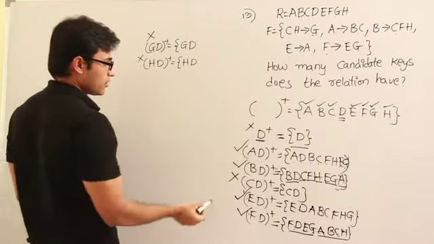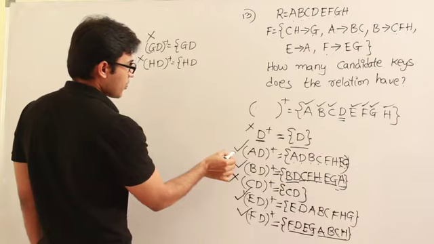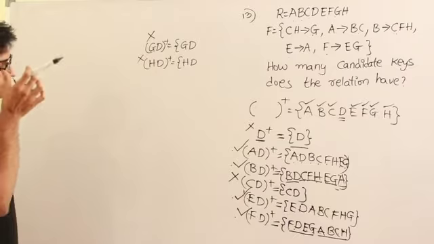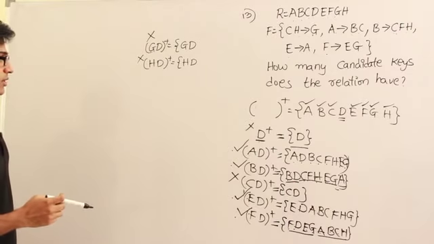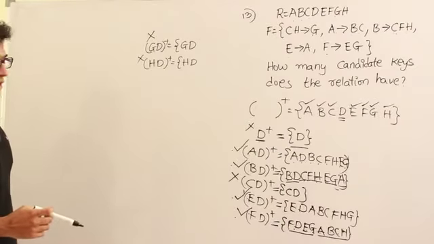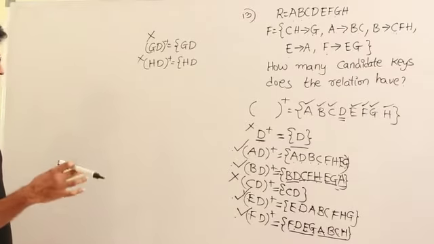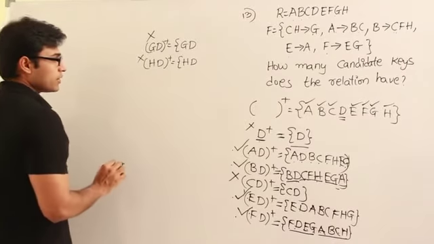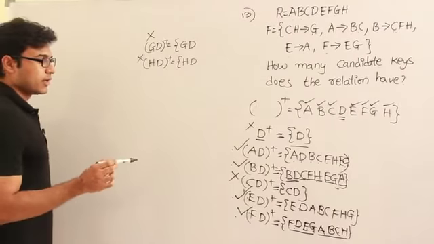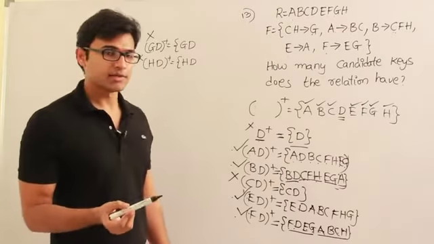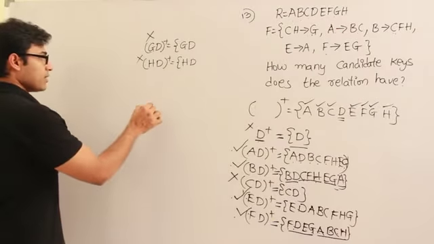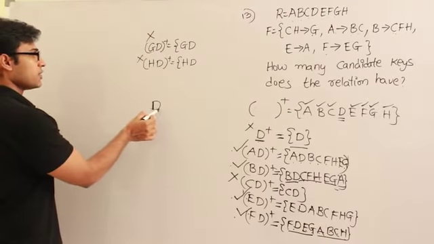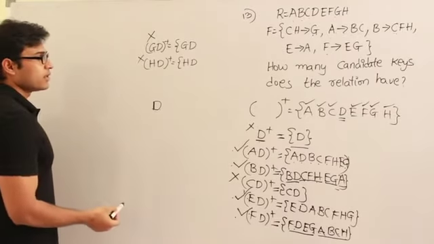Fine. So how many candidate keys did we get here? 1 2 3 4, right? So can I directly say that the number of candidate keys possible are these four only? I'll not be able to say that, and I should not say it here, right? I have to explore even further. First thing, there is no way we can get any candidate key having only one attribute. The reason is every candidate key should contain D, and therefore the only candidate key possible with one attribute is D itself, and D didn't turn out to be a candidate key.